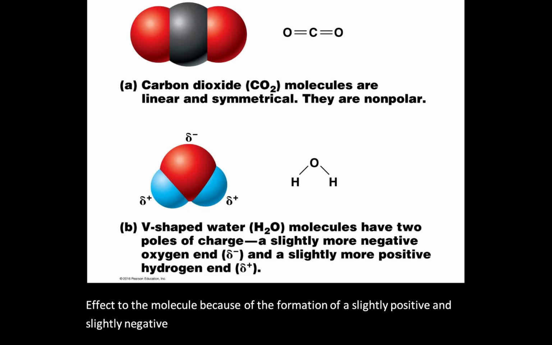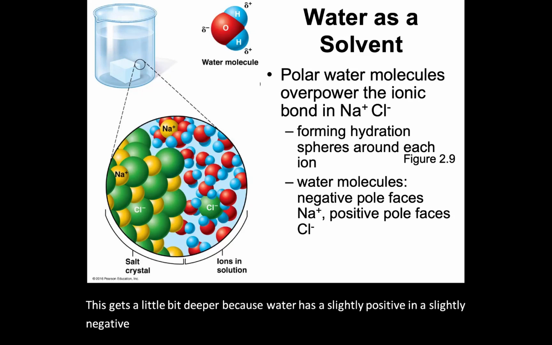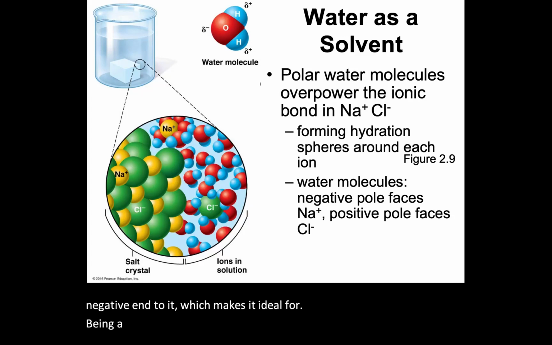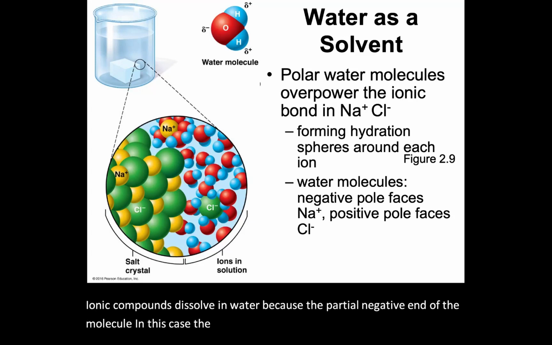Now, this gets a little bit deeper because water has a slightly positive and a slightly negative end to it, which makes it ideal for being a solvent. It is why ionic compounds dissolve in water, because the partial negative end of the molecule, in this case the oxygen, can be attracted to the positive ion, the cation within the ionic molecule,